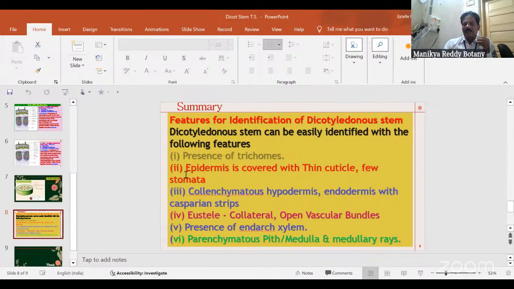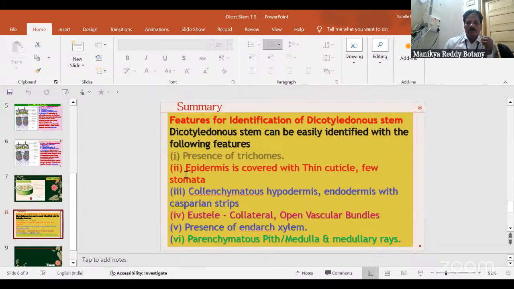Cuticle is a layer made up of cutin. Cutin is nothing but a wax-like substance. It gives protection. It prevents the loss of water from the plant body. That means it checks